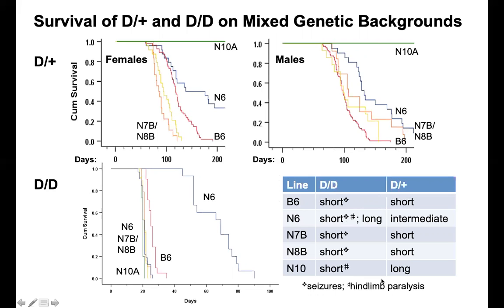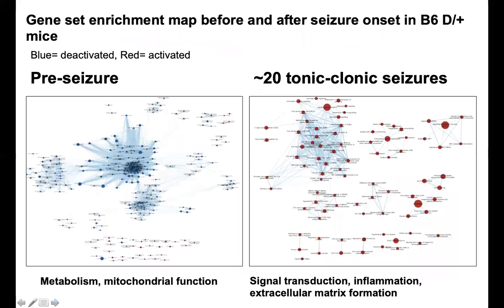And I would love to be able to make these lines available to people who want to study them in any way that suits your needs, and what you generally do in your lab. It would be wonderful to learn more about what's going on with these mice. We're sequencing the genomes of some of these strains, and we're doing the transcriptomes, so that'll all be fully described as well. And just to give you a teaser of our transcriptome results, I obviously don't have time to go into them, but we've noticed that the pre-seizure mice have a lot of deactivation of a bunch of pathways that